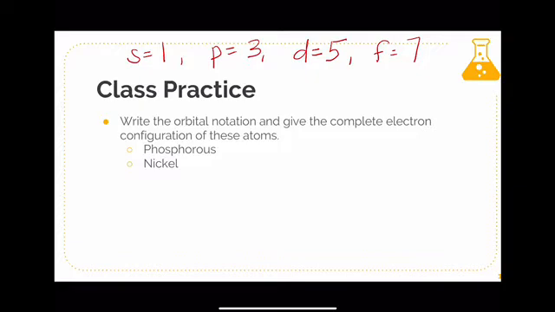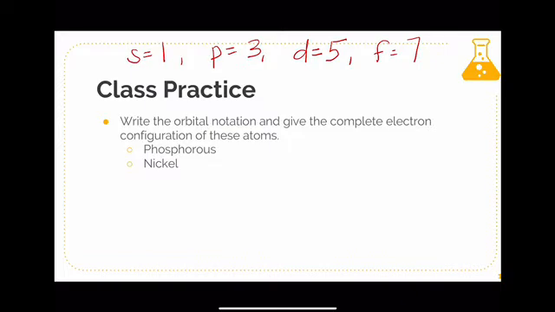Each S orbital can hold 1 pair of electrons. Each P orbital can hold 3 pair of electrons. D can hold 5 pair, and F can hold 7 pair of electrons. Okay, like they're your winning lottery numbers. You got to know these. Okay, 1, 3, 5, and 7. So,